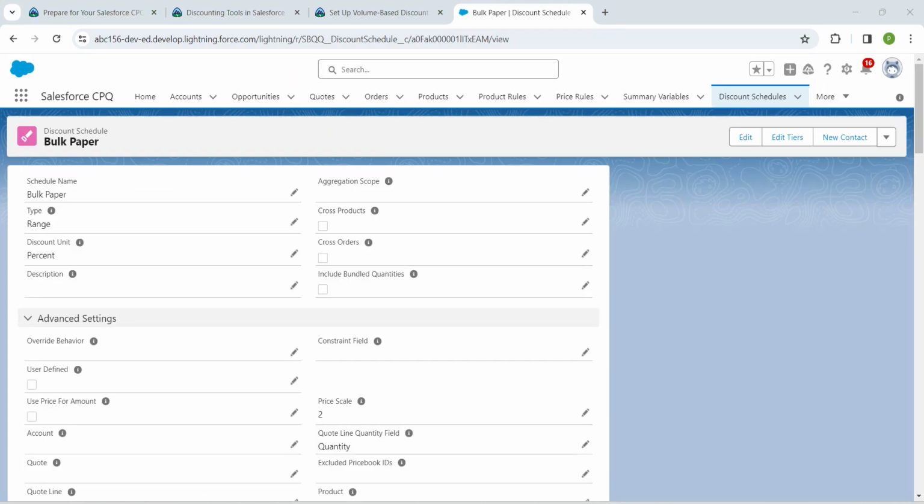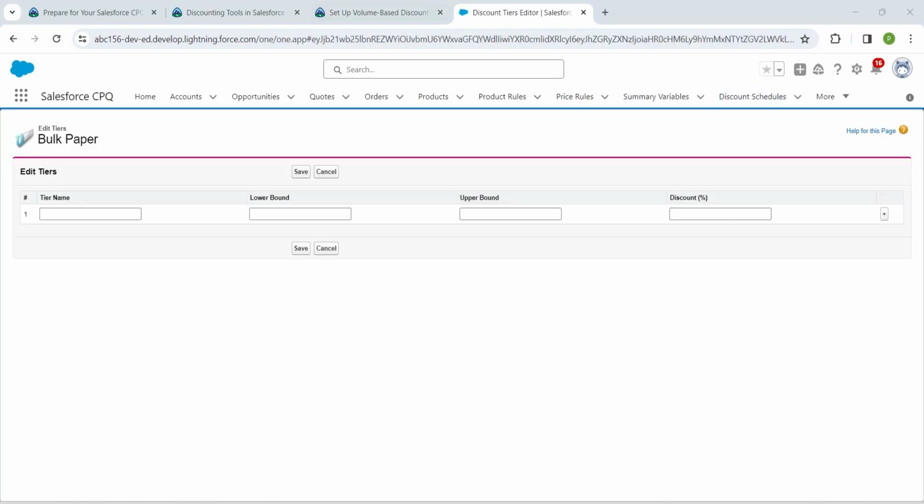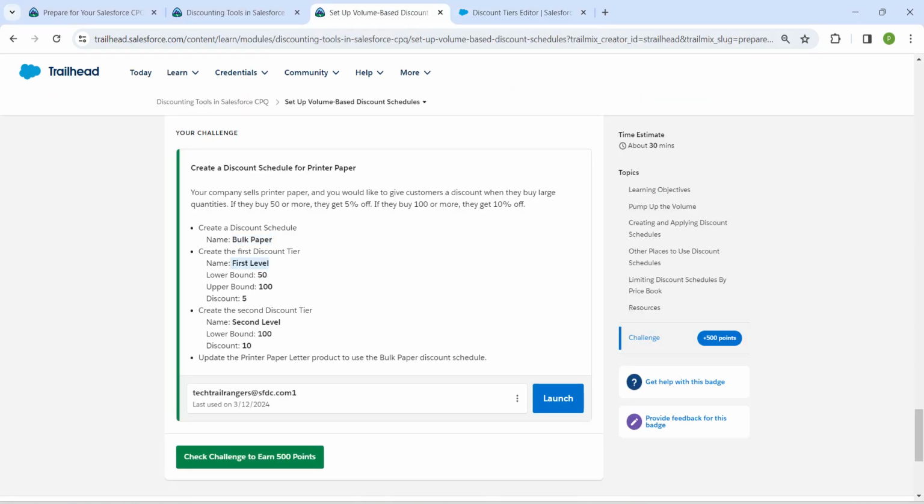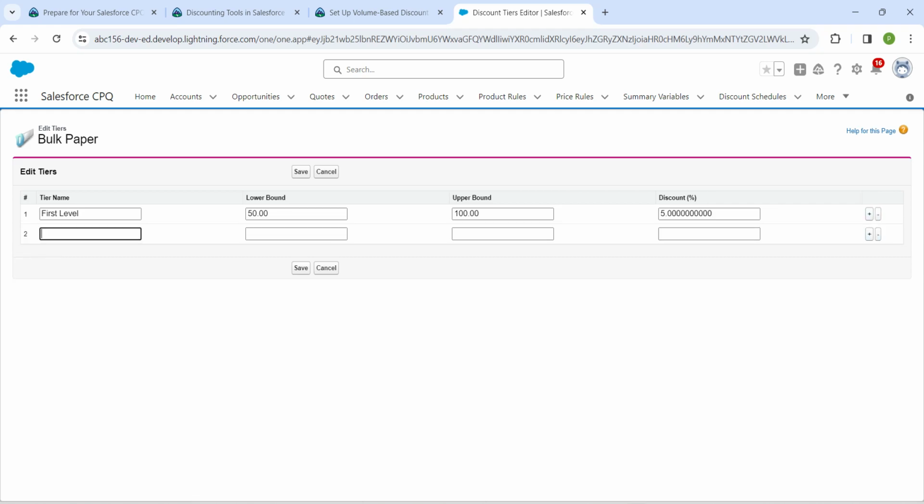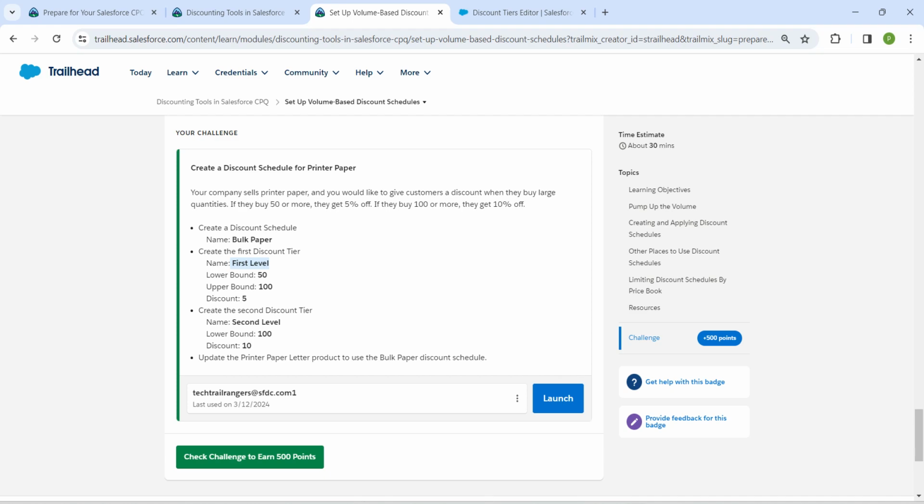So once it is done, you will find this edit tiers over here, just click on it. So here let's go to our challenge and copy this first level, and make sure you're pasting without leaving any space at the first. So for lower bound, we are going to give 50 right over here. And for upper bound, mark it as 100, and for discount give it as 5. So once it is done, click on this plus symbol which is at the end, so that you will get the next tier. So just copy this